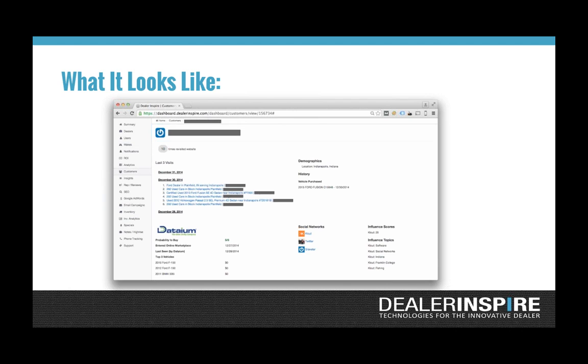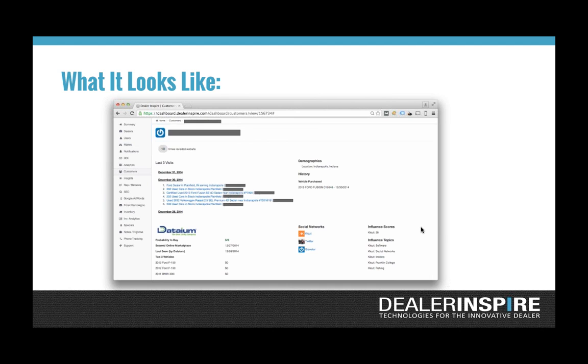And then you're going to see those top 3 vehicles. So in this case, there's no price information associated with those top 3 vehicles that this person was looking at. Sometimes, depending on the websites they're researching, you can get some of that price point information. I think that's hugely helpful when you start a conversation with a potential customer. If you know they're looking at brand new vehicles on your website, but they're actually looking at vehicles at a much lower price point, now maybe we need to sway them into a used vehicle that might be loaded. They might have all the accessories and things they're looking for, the same as the new vehicle, but it's a little bit more affordable and it's in the price point that they're searching. So it's super helpful.